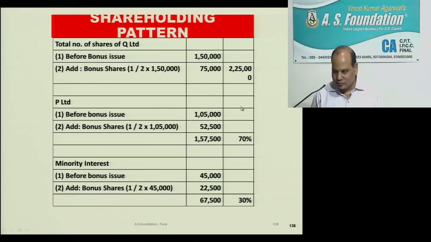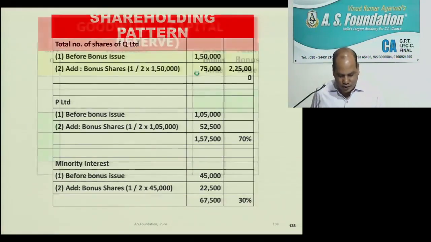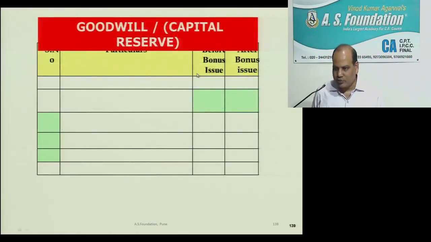Now let us see the calculation of goodwill. So one thing I have proved: percentage will not change. Cost of acquisition will not change, that you know already, because no cost is paid for bonus share. Yes or no? Working note number next, goodwill or capital reserve. Will you do it yourself or should I do it? Together. Wow, what an answer. From that 2 you reduce 1, okay? Only gather and do it.